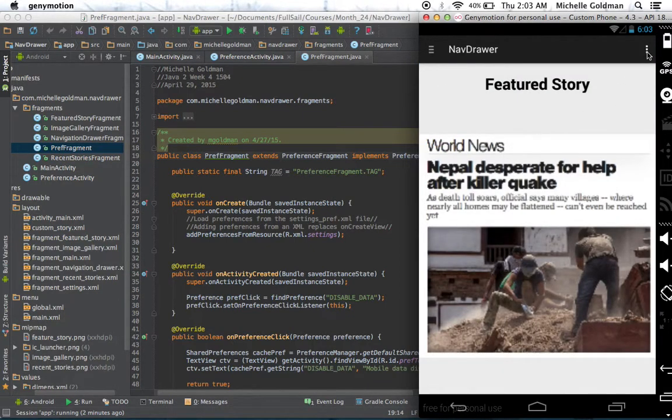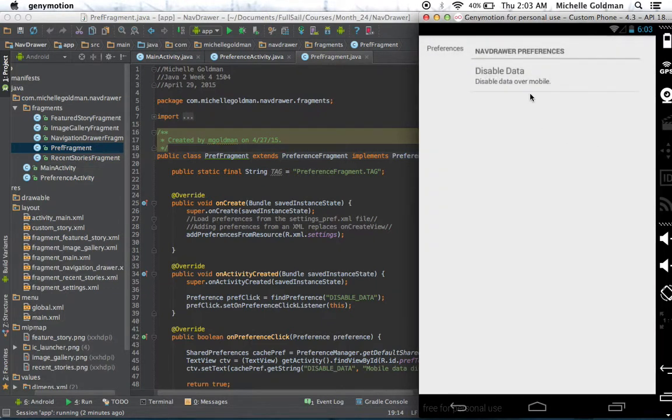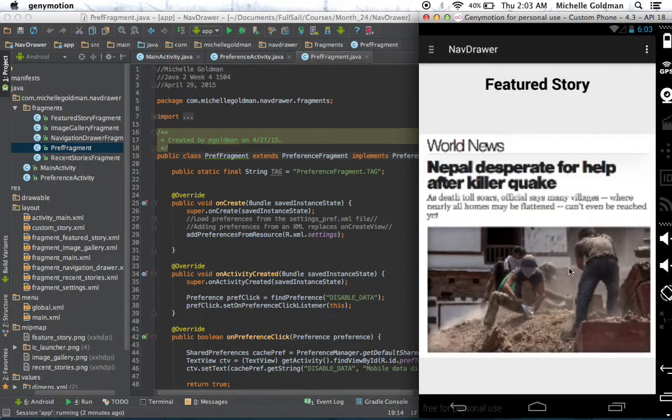And then of course in the action bar in the overflow we have the option to go to settings and then be able to disable data over mobile. And that's a clickable preference, and mobile data has been disabled. And I just go back and I'm back to the main featured story. As far as the code,